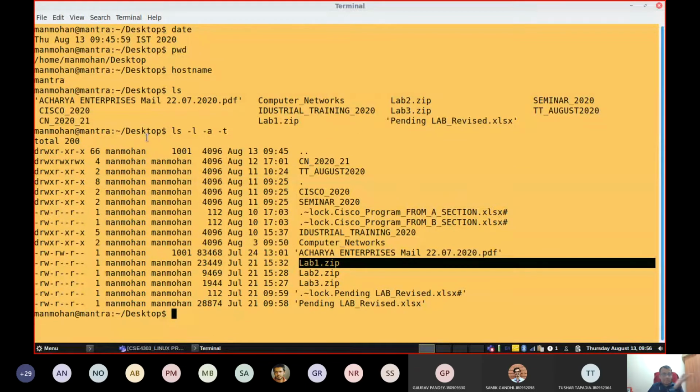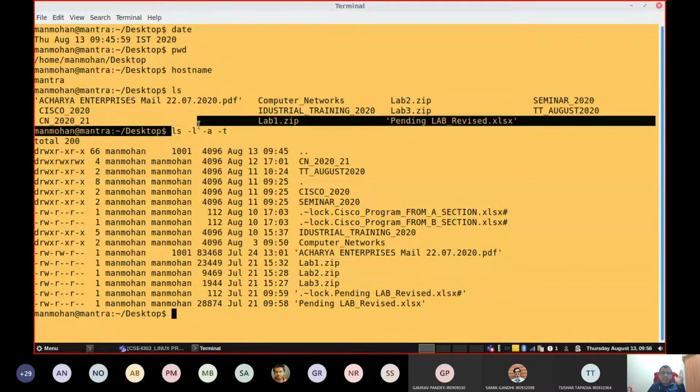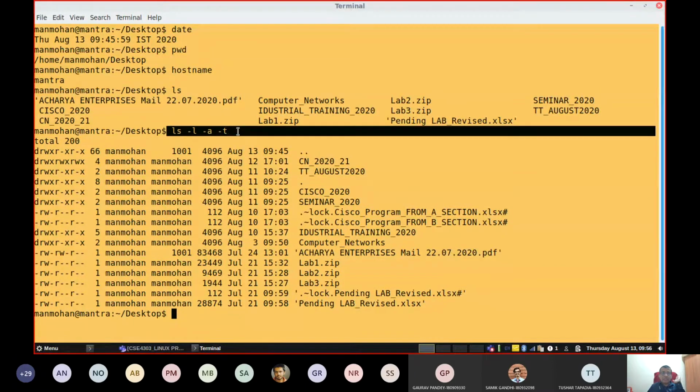Now, again we'll look into how to change the permission, what is the command used to change those permissions, etc. We'll discuss it a little bit later. For the moment, I want to draw your attention to the fact that any command can be used with different options, something like this: ls -l -a -t.